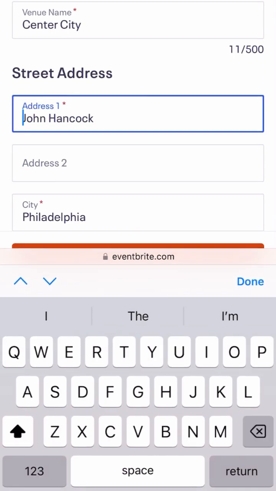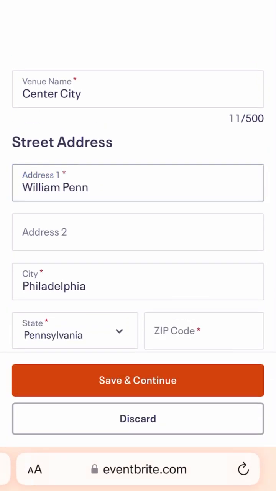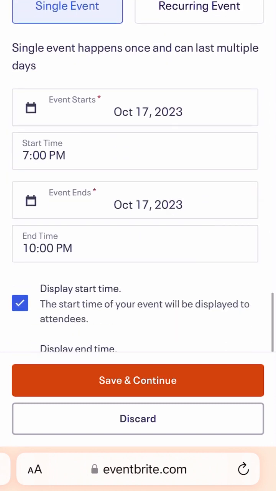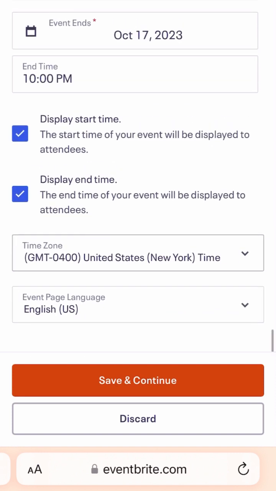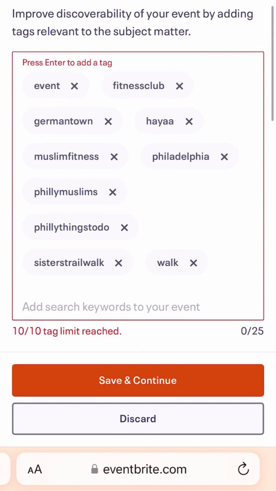then that is all definitely okay. I was having an issue trying to put in an address in Philadelphia, just in general, because I was trying to see what it would pick up. But eventually I ended up sticking to like William Penn, and it ended up going from there. So this is single event or recurring event that you see right there. And then you can also edit in the event times that you like. So I had that start maybe on the 9th and go to October 17th. And from there, I will be able to show you how it spreads out.